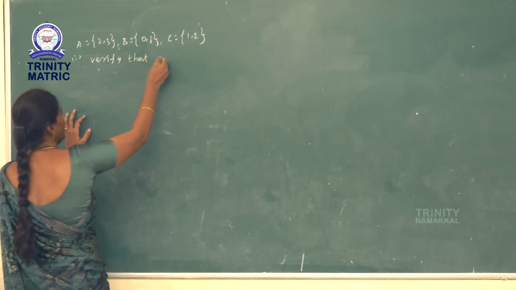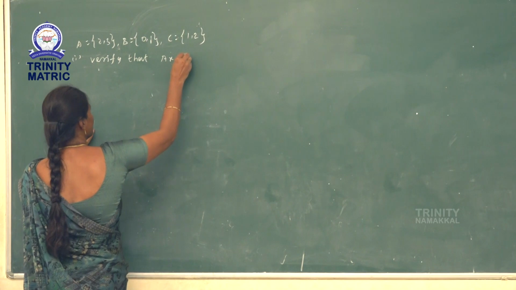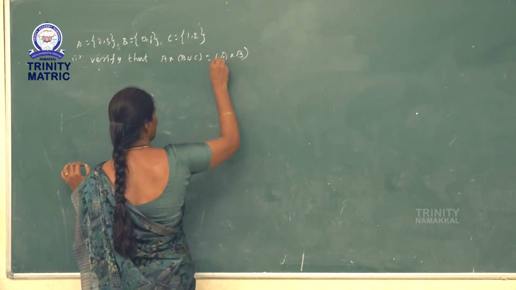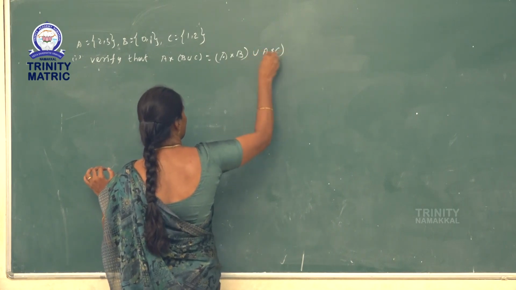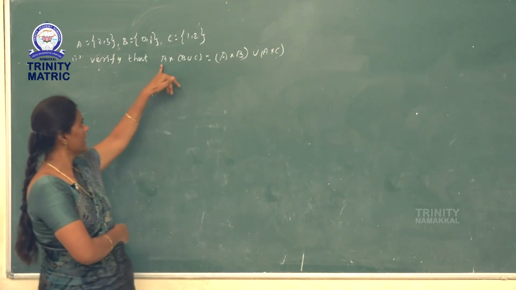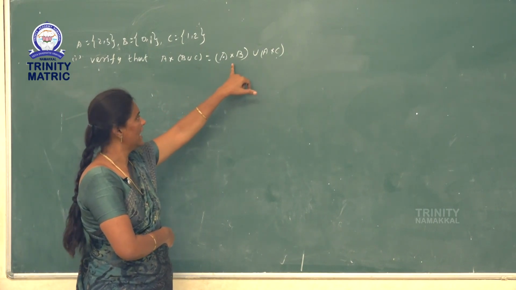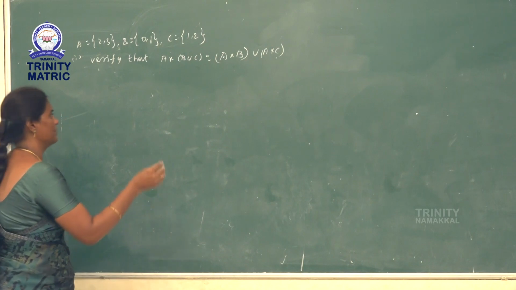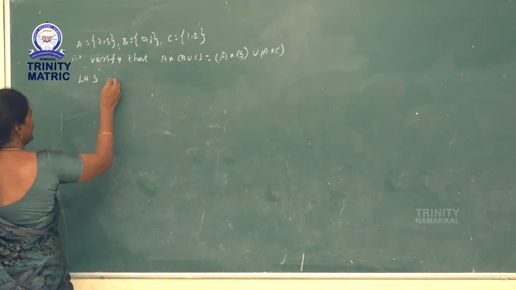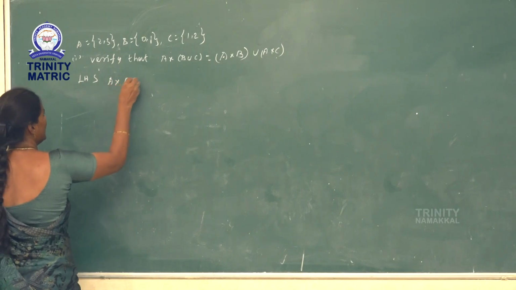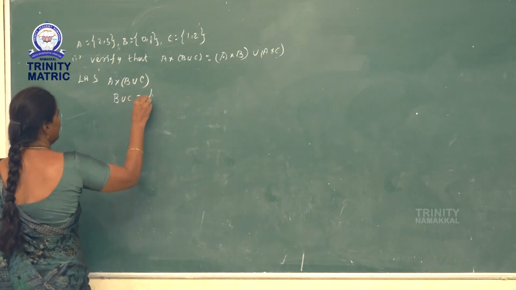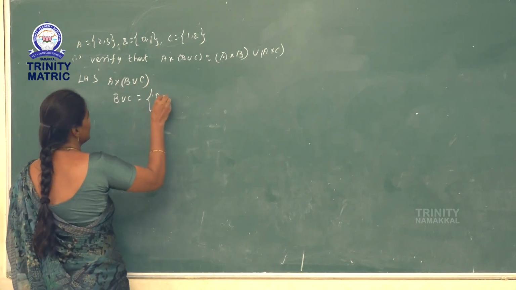First one, verify that A cross B union C is equal to A cross B union A cross C. We have to verify this. First we take the left hand side, A cross B union C. In this, first we find B union C. What is the set B? 0, 1